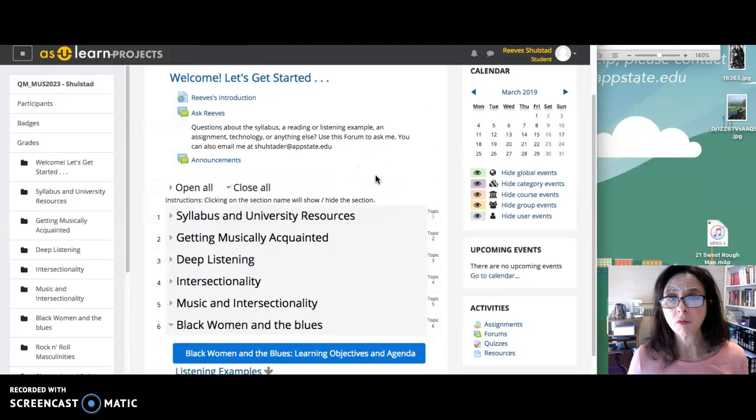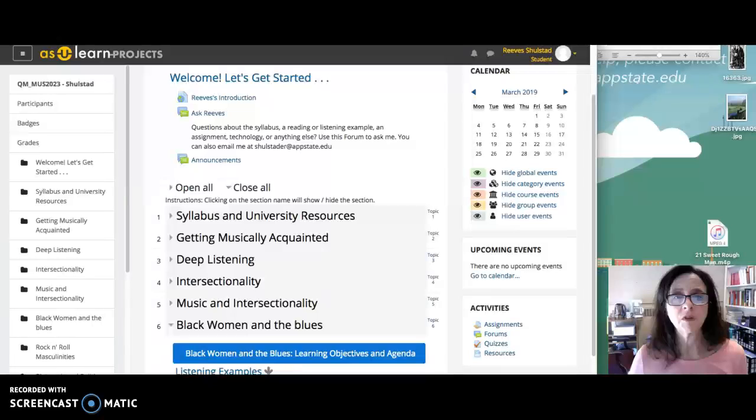Many of you may already be familiar with As You Learn, but many of you may not. After you log into the site, you will see the modules for the course, the blocks to the right, and the navigation drawer to the left. If you cannot see the navigation drawer, click the hamburger in the top left corner.